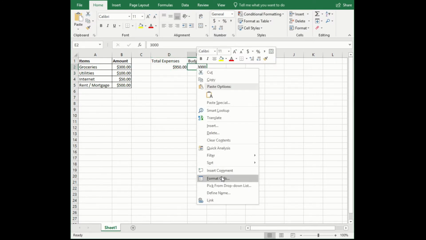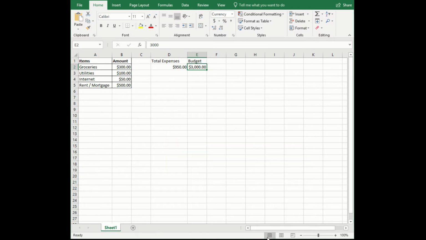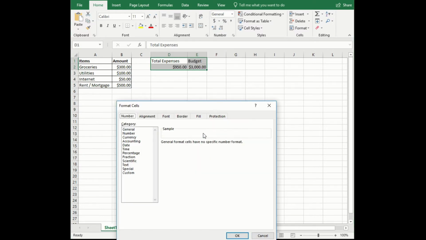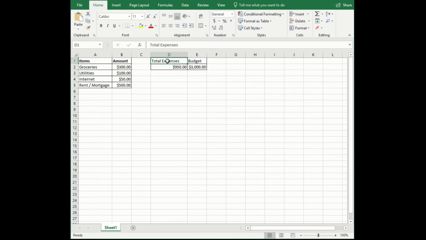Now let's do the same to format the cells, just to make them look pretty. Add the currency and outline it and inline it with the border settings. Okay,